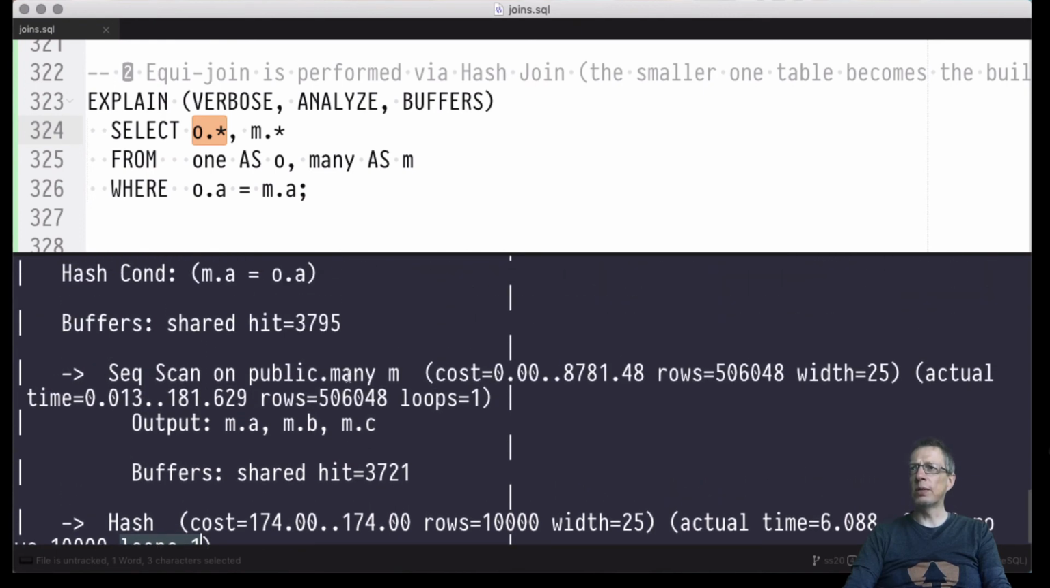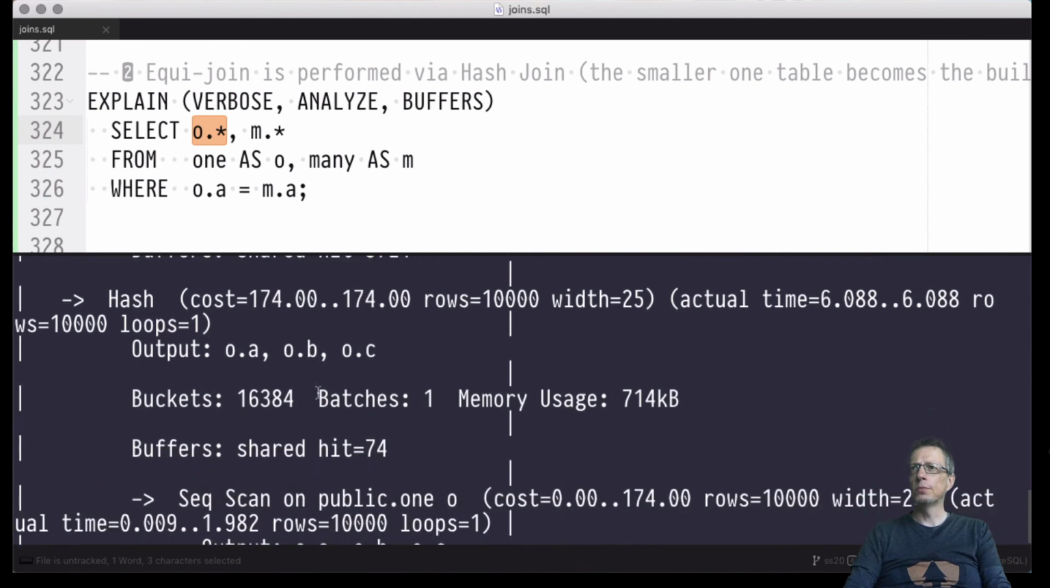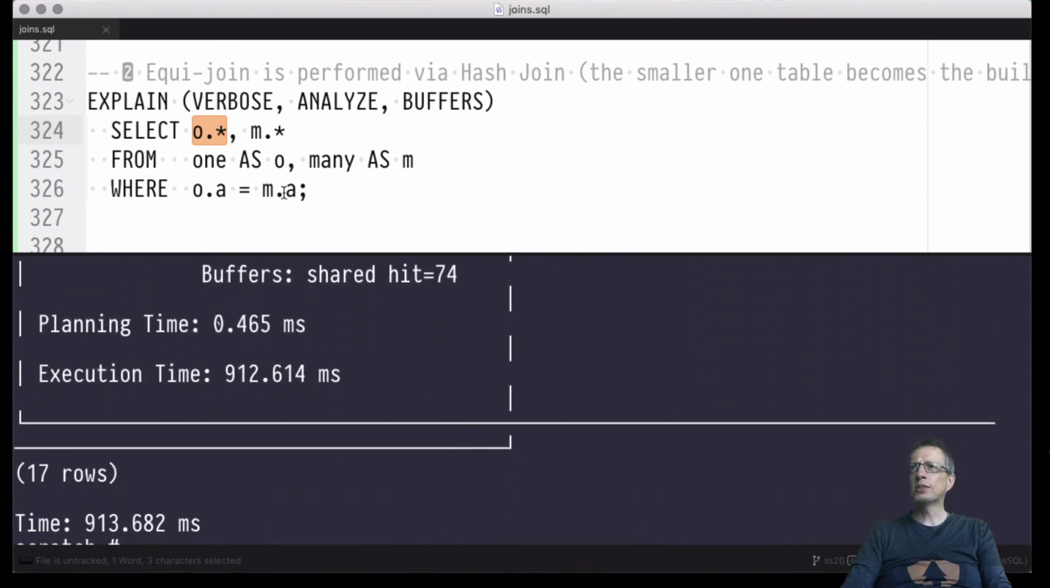And of course, it's the same for the probe side of things. There is a loops of 1 here, and nothing much to say here, only to underline that we indeed are using a sequential scan here and no index scan whatsoever. Right, so let's